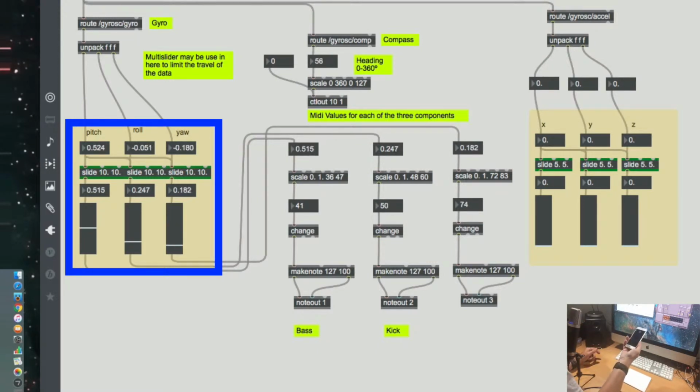So, for example, I've got the gyroscope data coming out of the phone, and I can measure the pitch, the up and down motion, the rolling motion from side to side, and the yaw, which is the spinning on the axis motion there. Now, if I take that data and attach it to a synthesizer, in this case I'm just